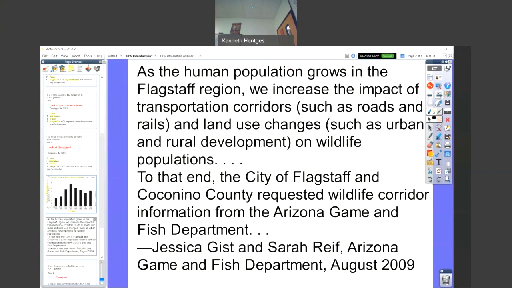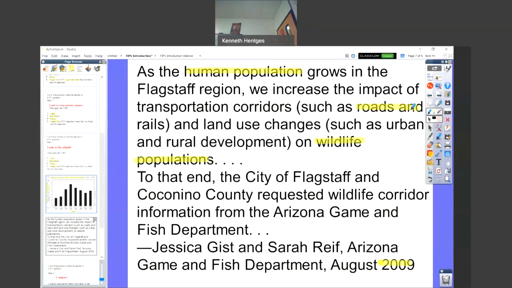You just look for times, individuals, human population. Okay. Here's another individual, wildlife population, animals. Okay? Places,